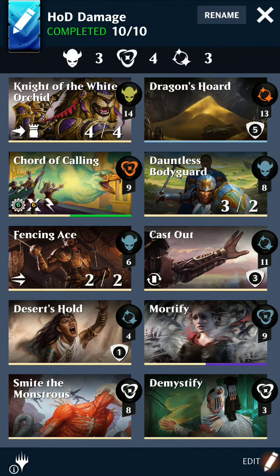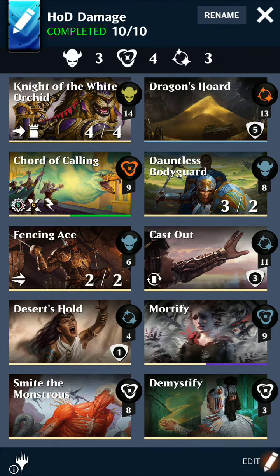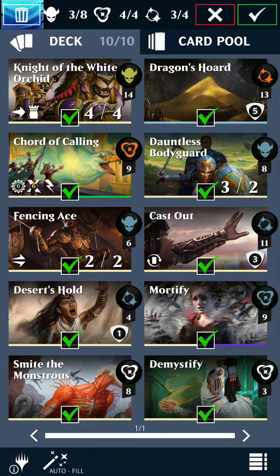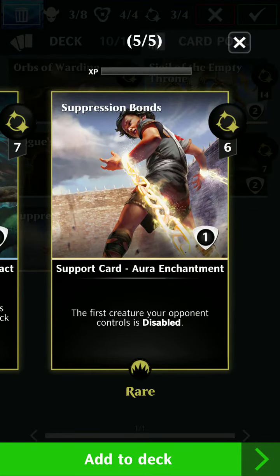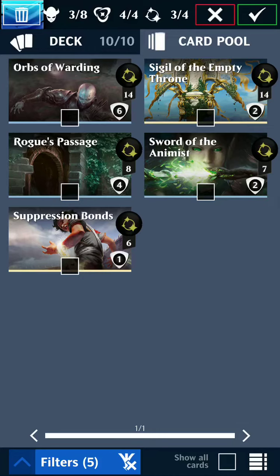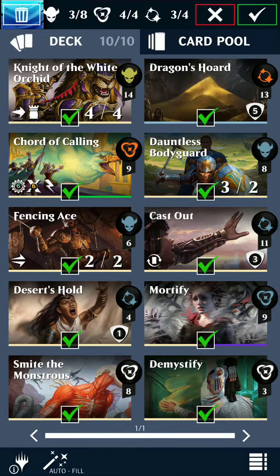Now, other than that, you're going to want to make sure that you're able to take care of some of the other really baddies. So Desert's Hold is kind of just a better version of Suppression Bond, the rare from Origins. It looks like this here. So first creature your opponent controls is disabled for 6, but here you've got first creature your opponent controls is disabled for 4. If you have a desert in your graveyard, you can gain life, but we're not using deserts,